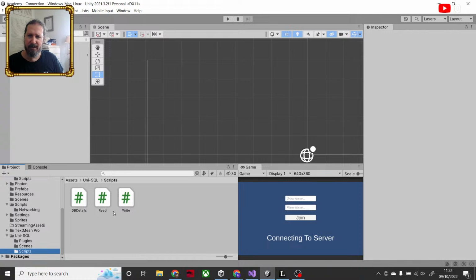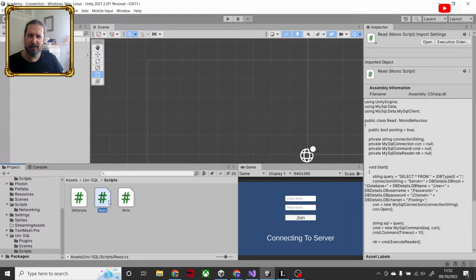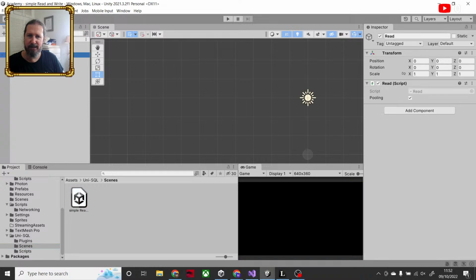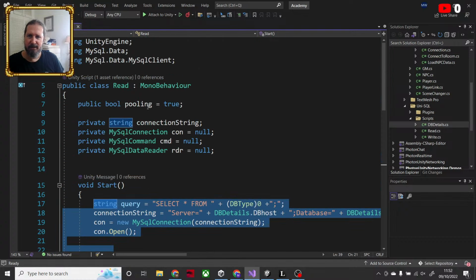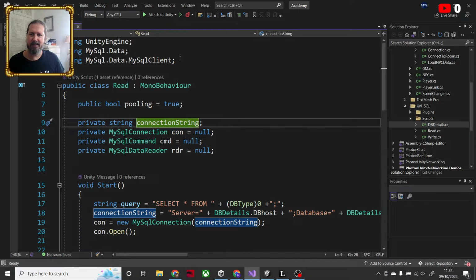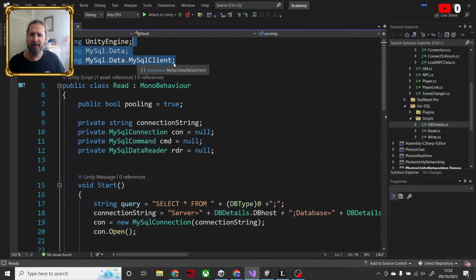So we're now going to look and see. I'm going to look at one of the read ones, and the information that comes in on that. So here's the read, and let's pull up read. So this is what it looks like. It takes in data and data MySQL client.